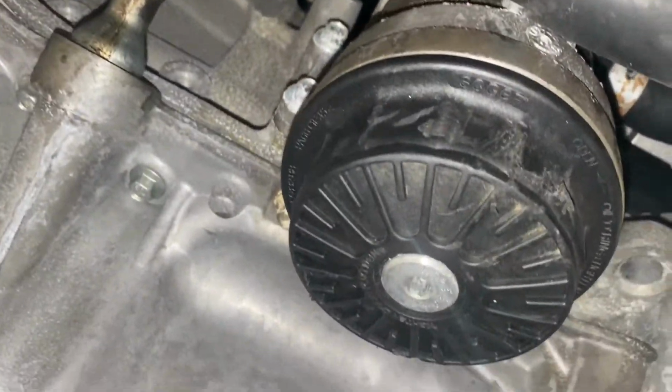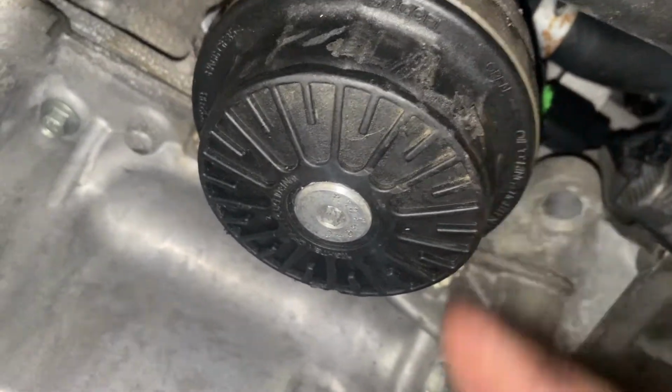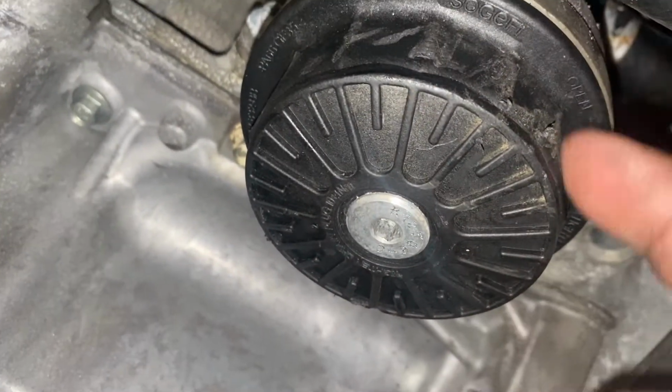I need to get a canister filter socket. This is pretty tight, and my filter pliers don't work on this one, so I've been scratching it up, and I don't want to ruin it anymore. So